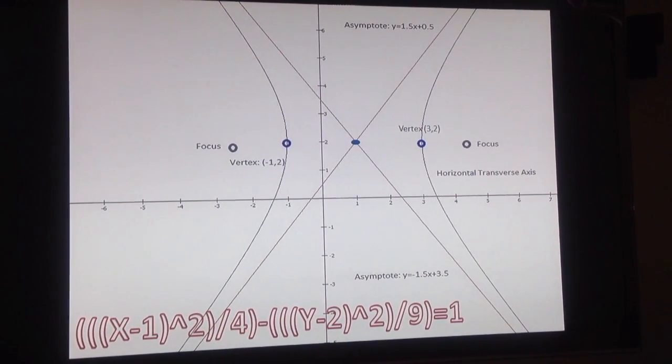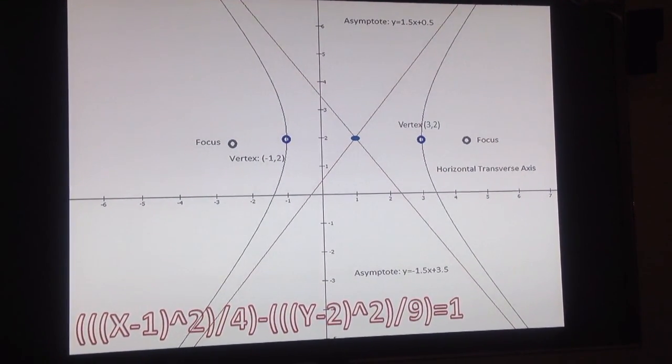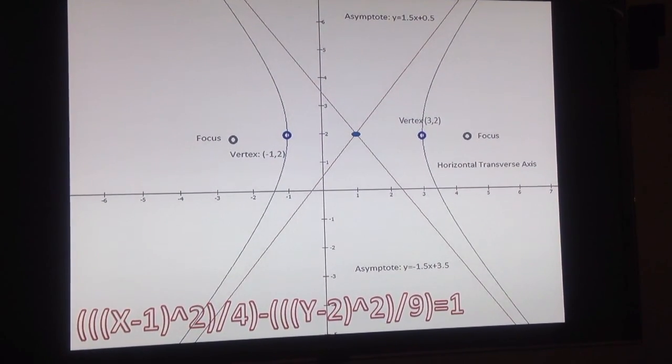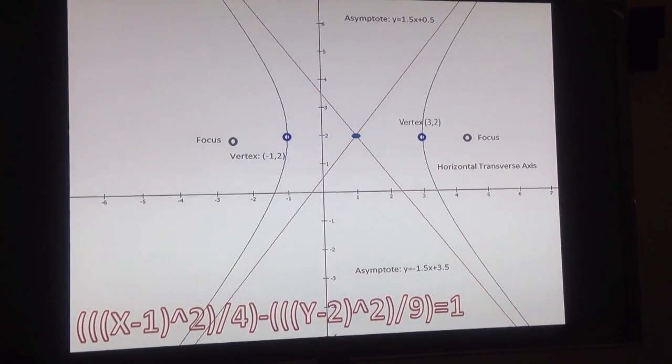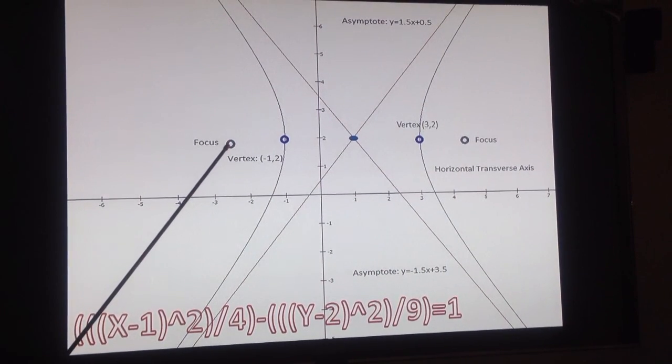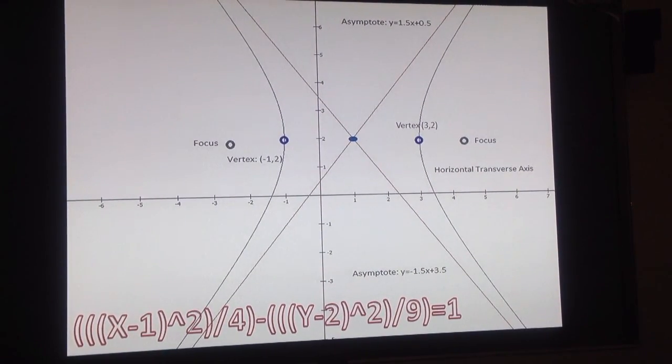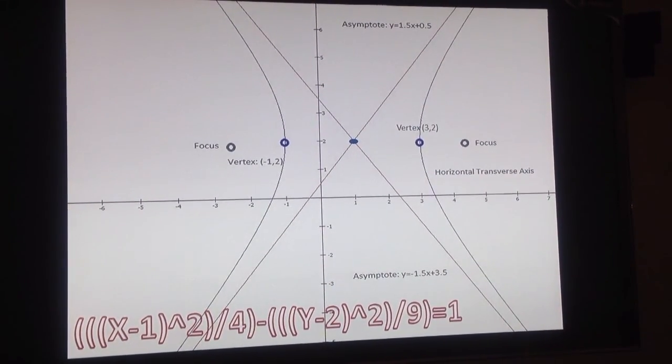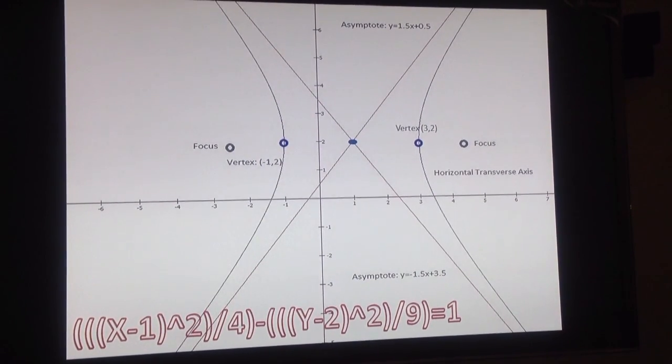If the graph wasn't translated, the foci would be positive or negative square root of 13, 0. But it's translated, so we apply the translation vector 1, 2. So the foci are 1 plus or minus square root of 13, 2. The slopes of the asymptotes would be positive or negative b over a, or positive or negative 3 over 2 in